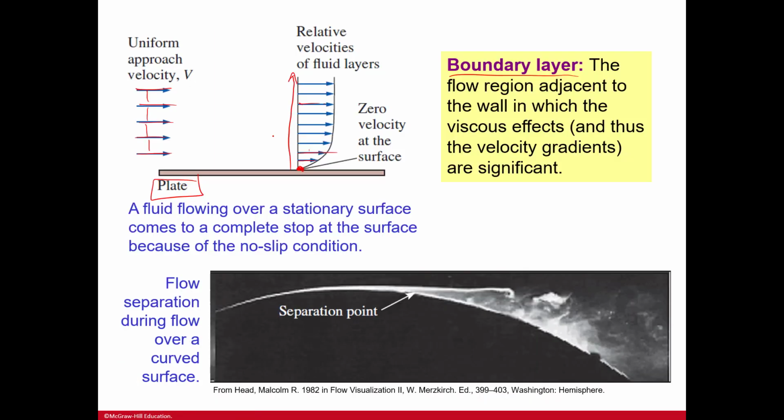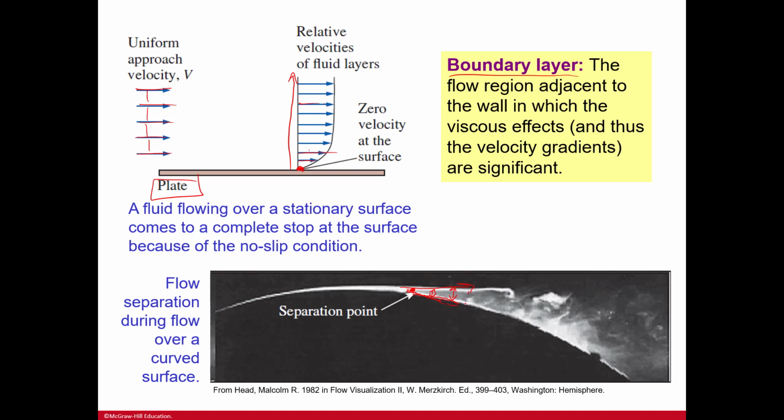A fluid flowing over a stationary surface comes to a complete stop at the surface because of the no-slip condition, because it's sticking to the surface. Flow separation during flow over a curved surface. So you can see the flow separating because we're going to have some sticking, right? And we're going to have some flowing up, continuing, because not all of it's going to stick. And so the point at which it separates is right here,